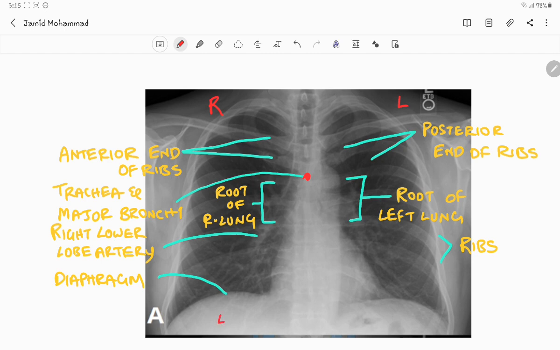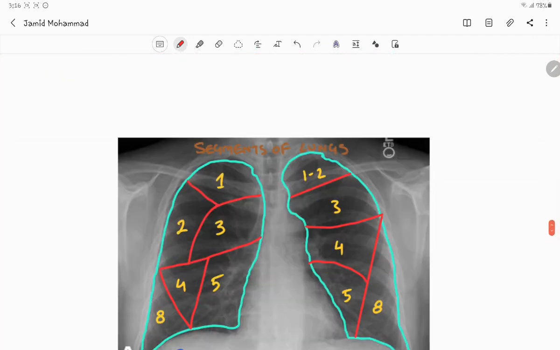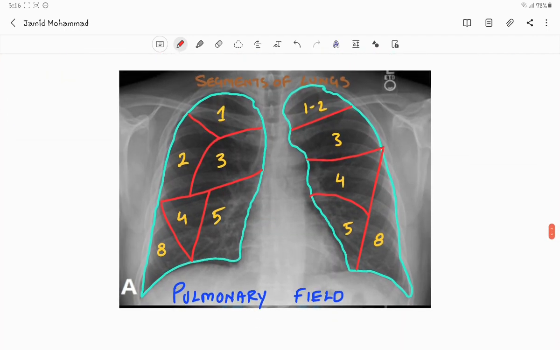Here we can see the liver is located, and this round-shaped, darkly marked area is called the gastric bubble. And we can also view the right lower lobe artery as well. Now coming to the pulmonary field, the blue line which I have drawn here is the pulmonary field of the chest of a patient. This is the pulmonary field of the right lung and this is the pulmonary field of